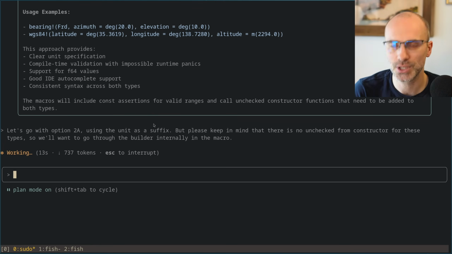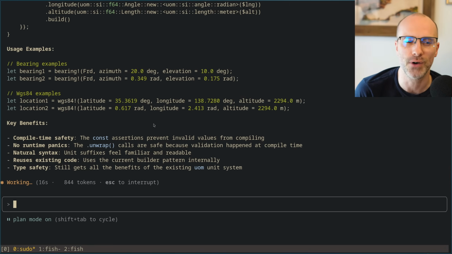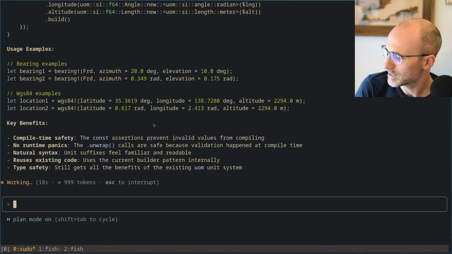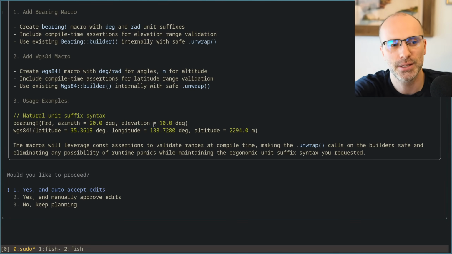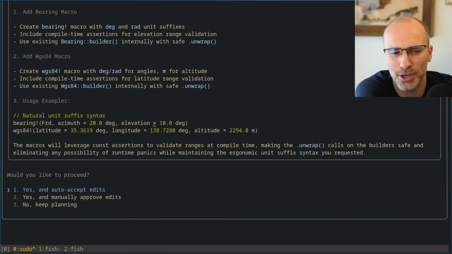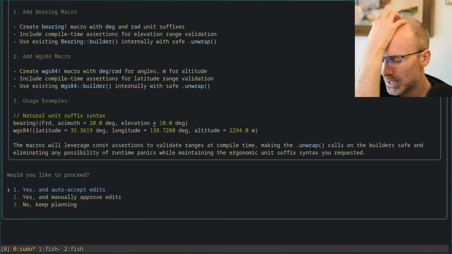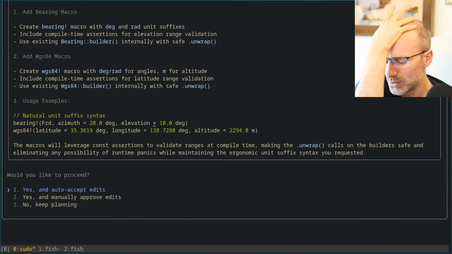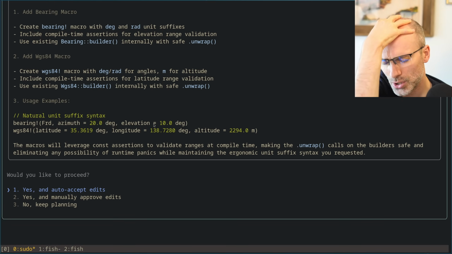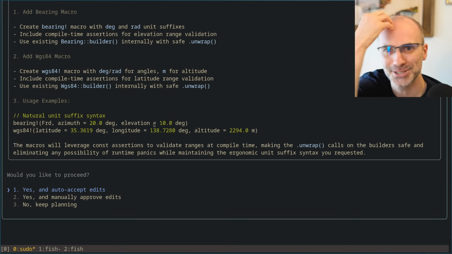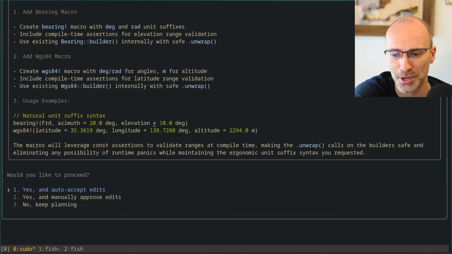Yeah, so there's an interesting question here, right? Of like, has this been useful so far? Has it pointed out things that I hadn't thought of? I think the const generic approach I hadn't thought of, but it also doesn't work. So I don't know if that's all that useful. I think in a way, the realization that we need to provide the unit here is a good one. But that was my realization, not its realization.